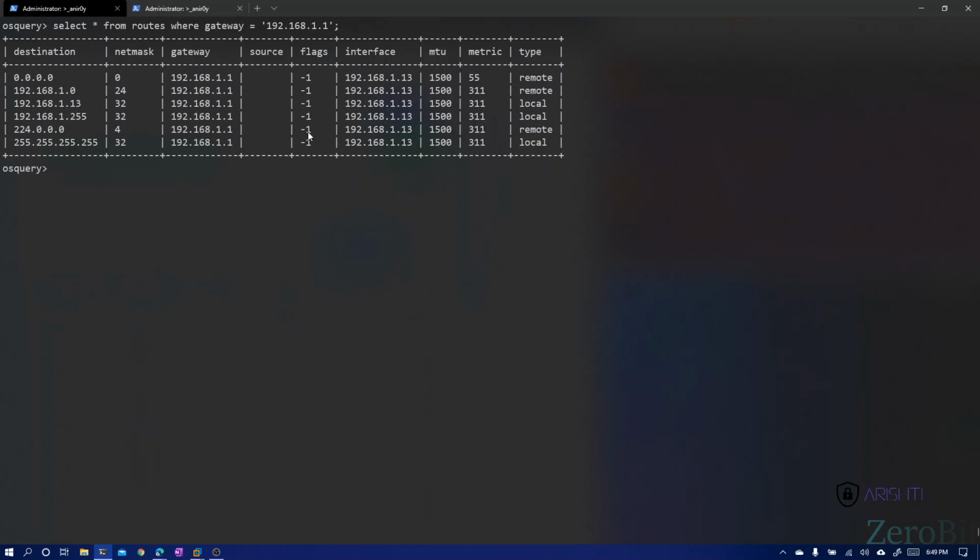Yeah. So gateway is equal to this, and I can see 1.0 is the destination, 1.13 is the destination, 255 is the broadcast address, 224.0.0.0 is I guess a Microsoft thing, and this is the broadcast for my entire